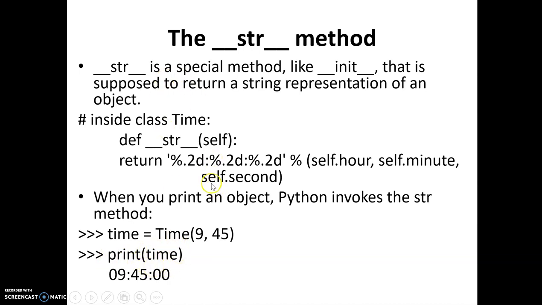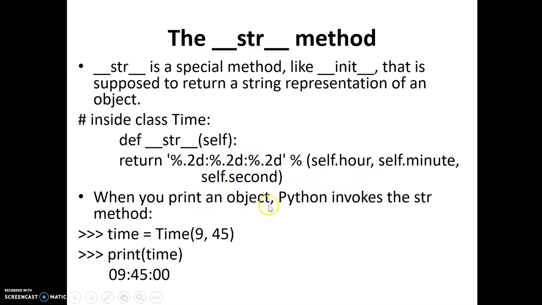So how to define this? As a method, it again has to be done within the class, with the help of the keyword def. The name of the method is two underscores str followed by two underscores, and it takes only one parameter, that is the object of the class. As for the definition of what to print, it is the same as in the previous example: return the format specifiers followed by the format fillers, that is self dot hour, self dot minute, and self dot second.